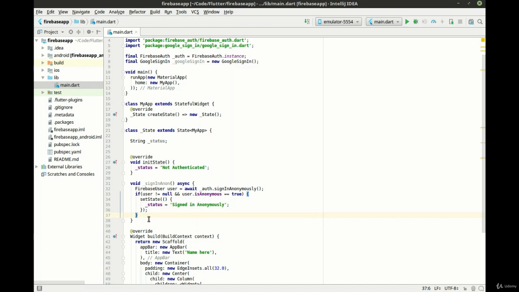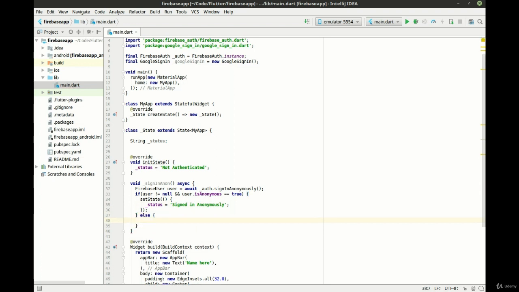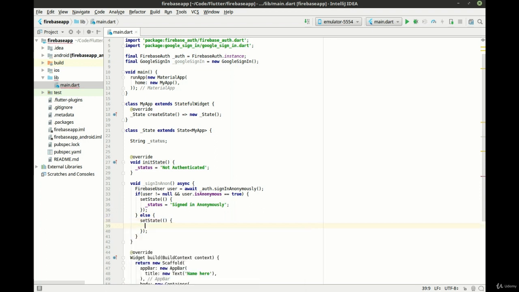However, if there was a boo-boo, which sometimes things go boom in the internet, we're going to set state, and we're going to just simply say the status equals sign in failed. There we go.